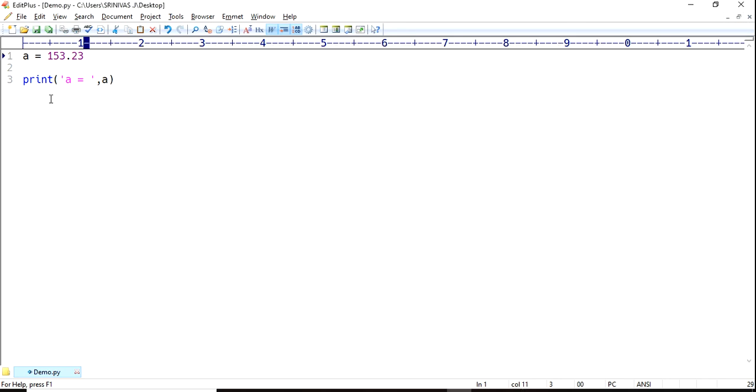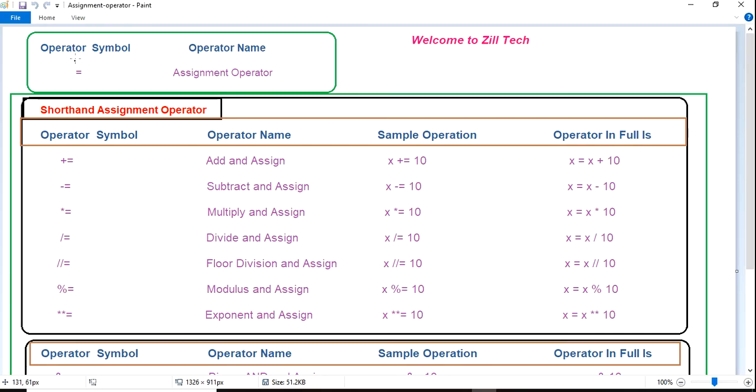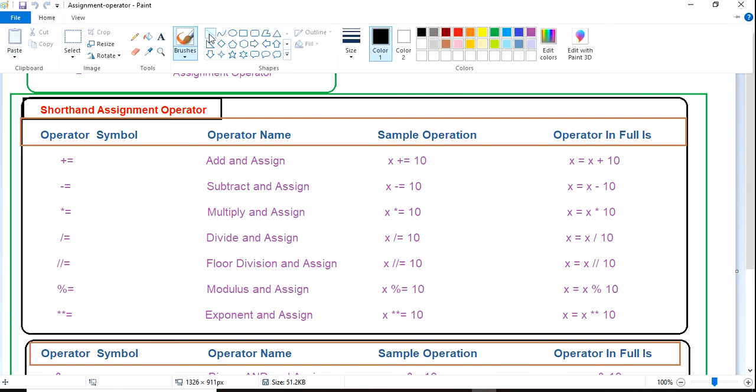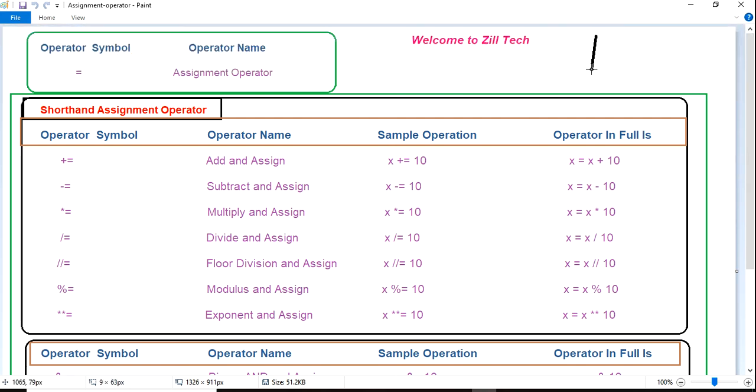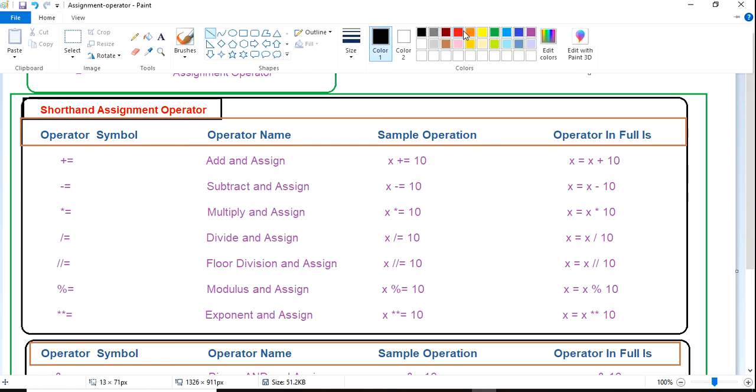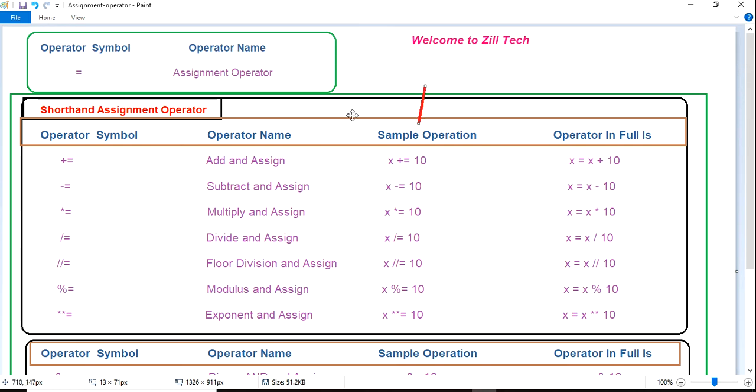Based on this, the equal to operator can be applied for shorthand operators. We have an operator symbol, and equals to is the assignment operator.